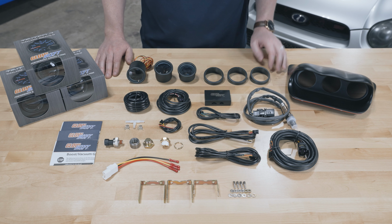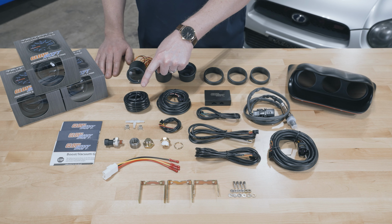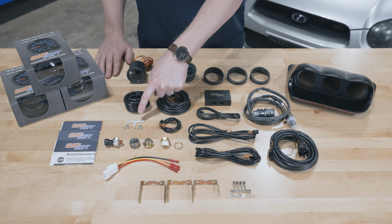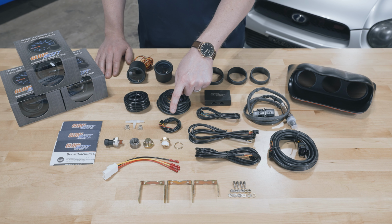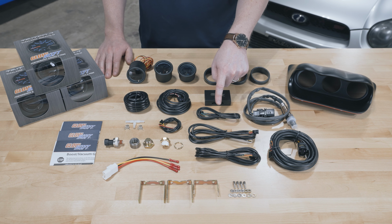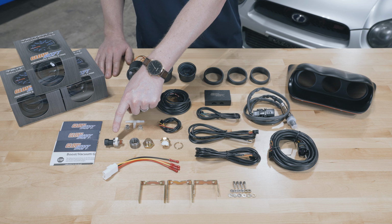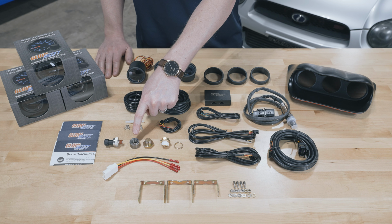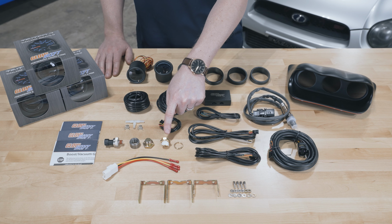Also included in the package, full color installation instructions, a 6-foot silicone boost line, a boost line T-fitting with hose clamps, a 9-foot pressure sensor harness, a 2-foot power harness for your oil pressure gauge, a wideband control box, a 3-foot data logging output wire, a wideband oxygen sensor, an oil pressure sensor, a mild steel welded bung, a bung plug, an oil galley adapter with a crush washer,